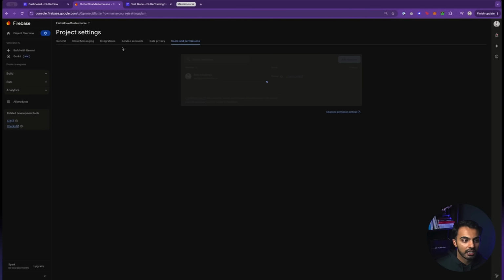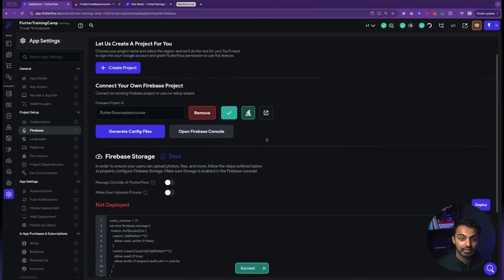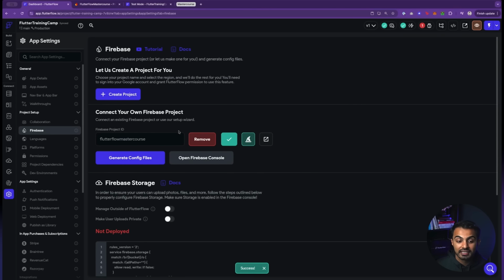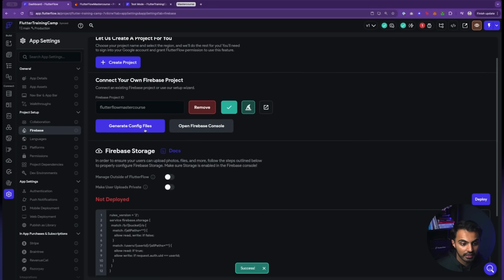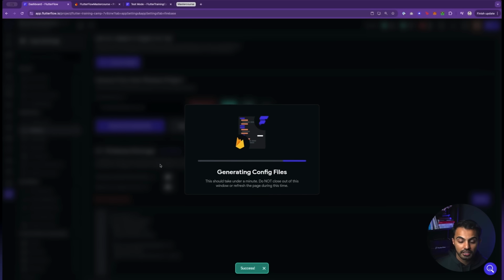Now, what we just did was give FlutterFlow access to our Firebase account using the user system. So now I can hit connect, and that should give FlutterFlow the permission to talk to Firebase. So now we've successfully connected Firebase. The next thing to do is hit generate config files and tap on generate files.